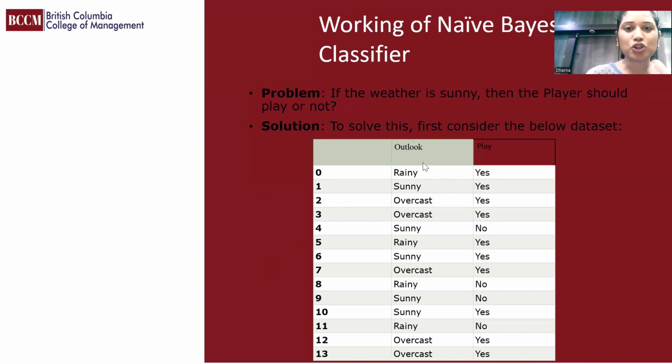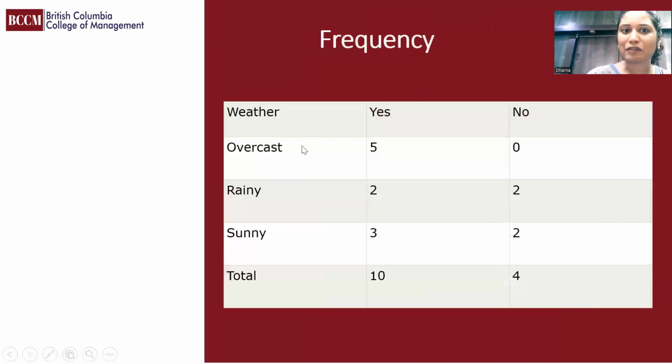Now, if the question asks whether the player should play if the weather is sunny, how can we find this out? Firstly, from this data set, we have to create a frequency table. In the frequency table, we create the frequency of each type of outlook. For example, when the weather is overcast, how many yes and how many no are there?